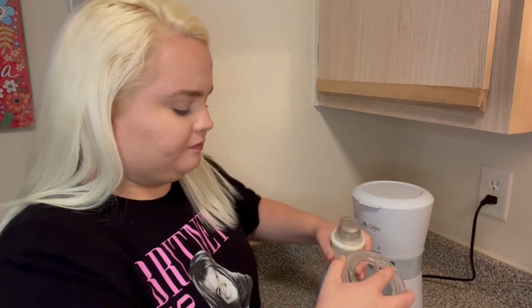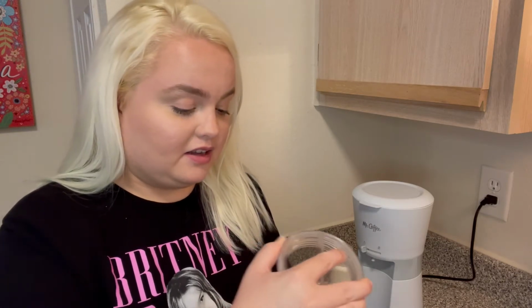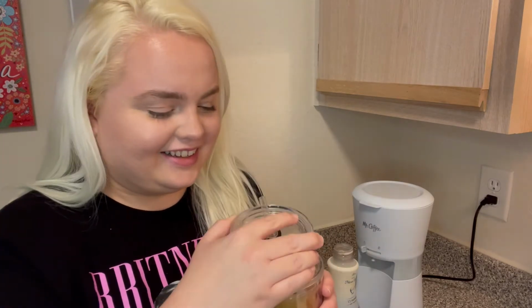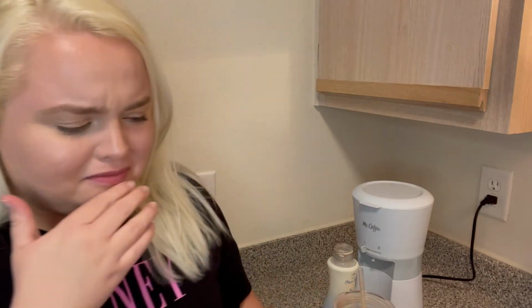Ooh. I mean, like I said, I could have made a mistake putting 2 scoops in, but this is not good. This is not good. Ugh. It's a little bit better with the creamer in it, but it doesn't really say that. I think I might have made a mistake putting in 2 scoops. I think it could have taken like 1.5 maybe, or even just 1, because it has such a strong,